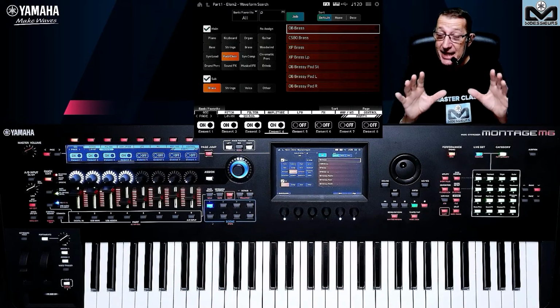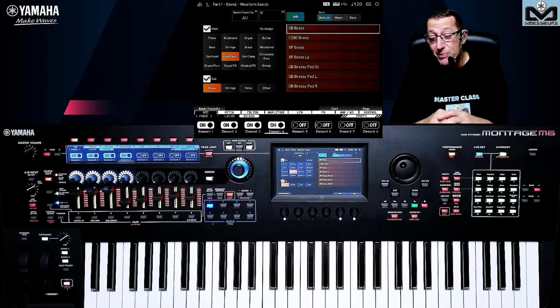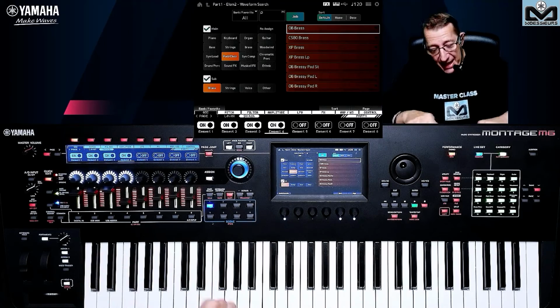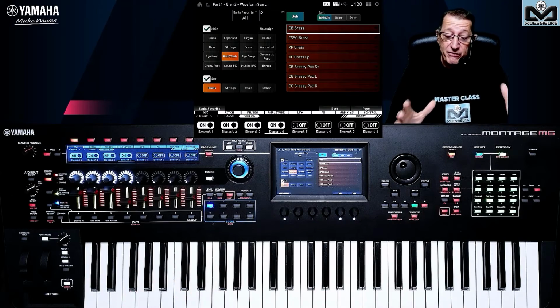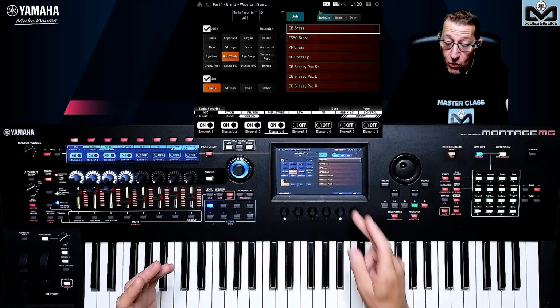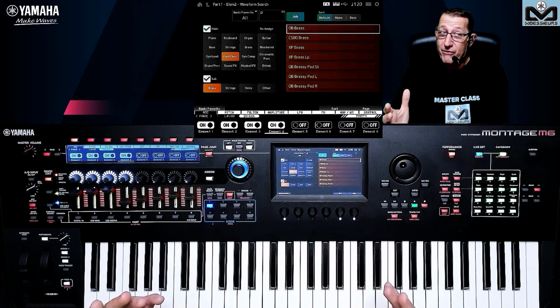That means that AWM2 is very huge because we can do a lot of things by using the filter, the LFO, all the things we can do by this editing. We can do a lot of different sounds with the amplitude envelope generator, all the things, only with this 8 waveform.